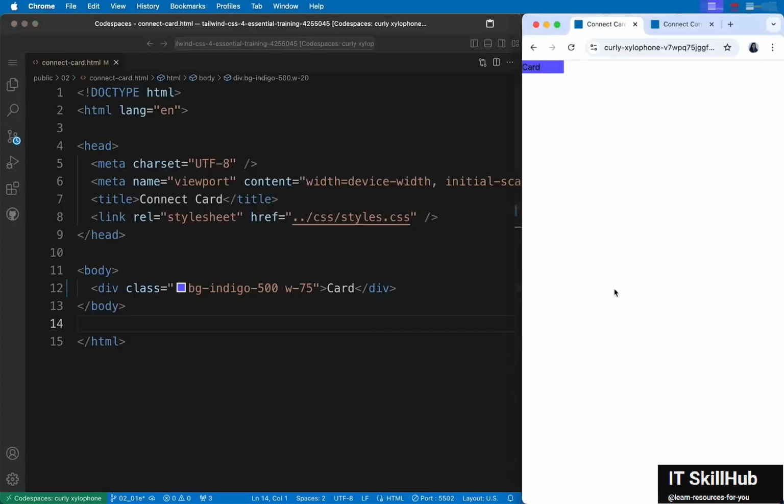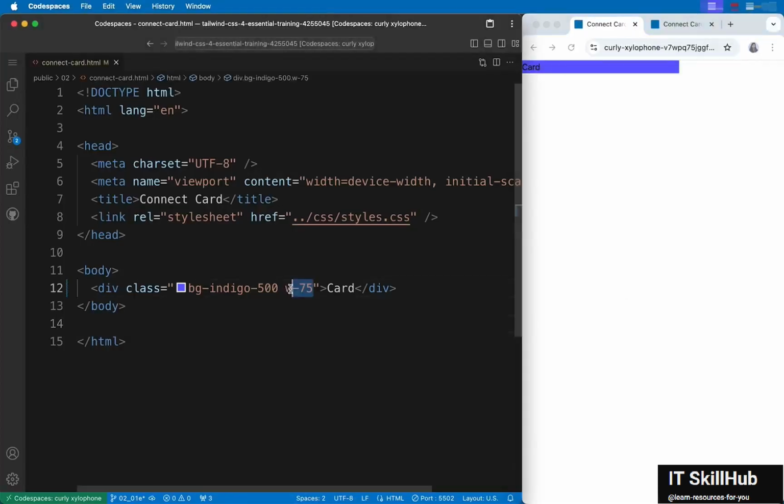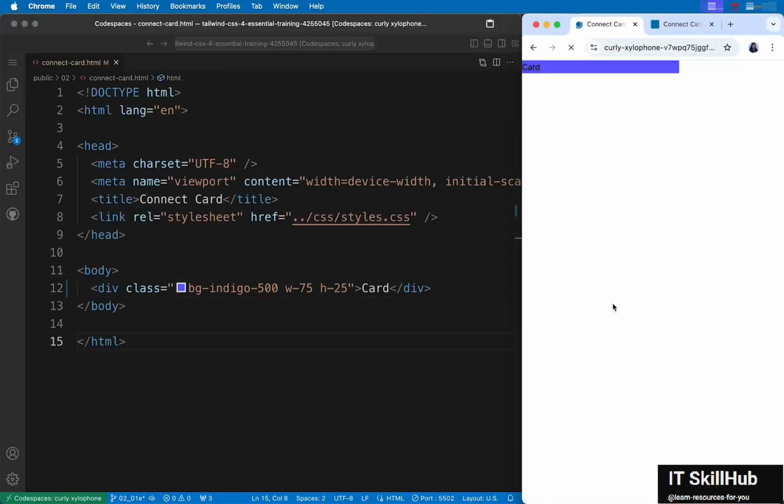Of course, you don't have to do all these calculations always. You can try a particular number and tweak it. Since we are anyway doing this in HTML, we don't have to switch to the CSS file back and forth. We can quickly use some numbers and see what looks right. Until version 3, you were able to use only some suggested numbers, but version 4 onwards, though this is not suggested by the IntelliSense plugin, you can still use it and it works. Same works for the height also. You can add something like h25, and now this takes up 100 pixels. Let me refresh. There you see.